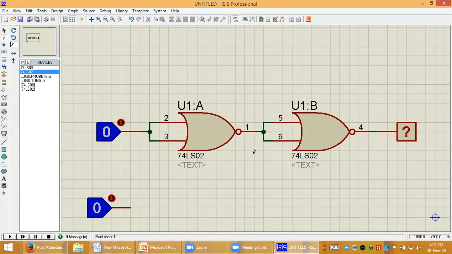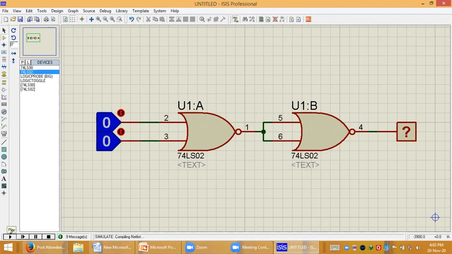Here this is the simple implementation of the OR gate. The OR gate has two inputs, first and second. So now this is our OR gate. Let's see the truth table and simulate it.